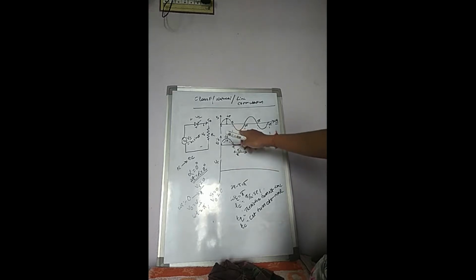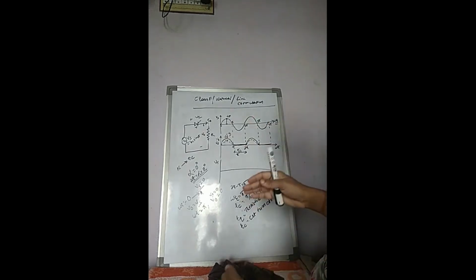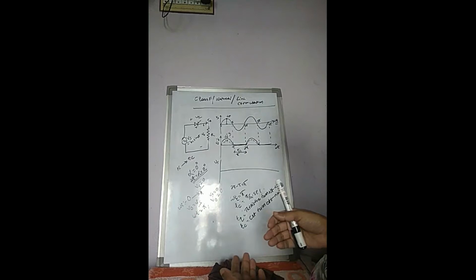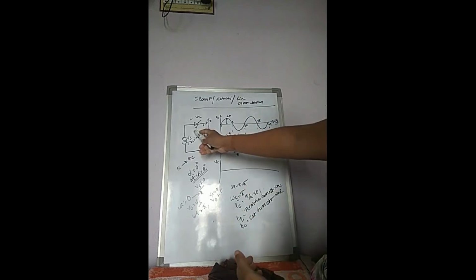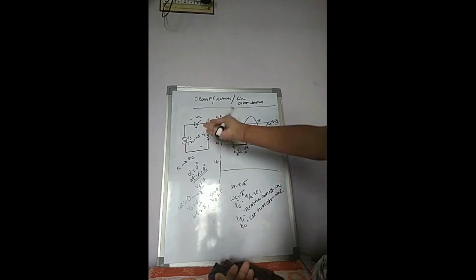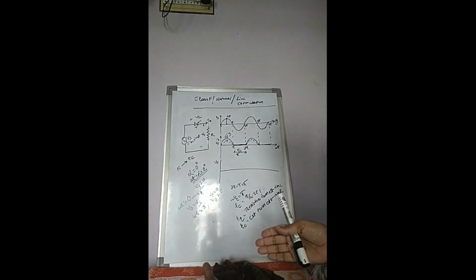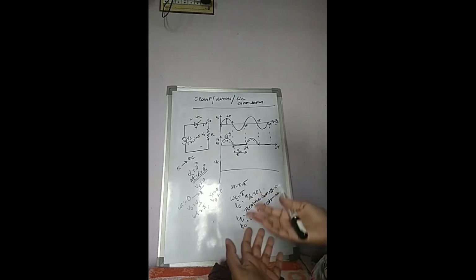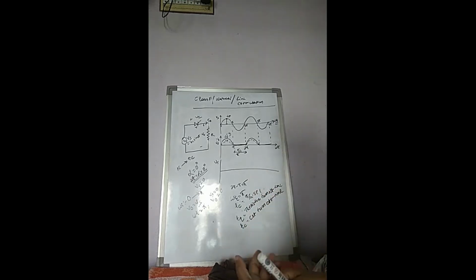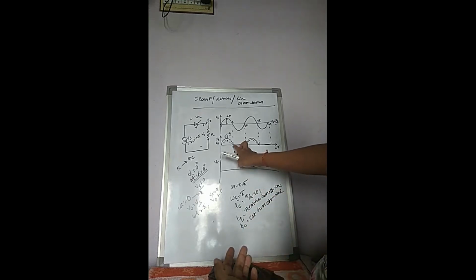from this angle to this, the voltage across the thyristor is what? Reverse bias. That means when voltage is 0 and then the voltage across the thyristor is reverse bias, the anode current falls below the holding current. Once anode current falls below the holding current, there is no flow of current through the thyristor. That means the thyristor is in reverse blocking state.